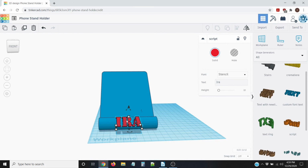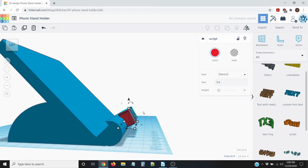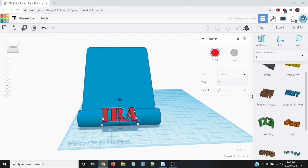I'm going to click on that text. I'm actually going to use my up arrow to move it into the model itself. I've got the grid snapped off, so it's going a bit slower, but I changed that, and I'm using the up arrow to make it go into the model itself, as you can see. I'm going to move it down just a little bit,